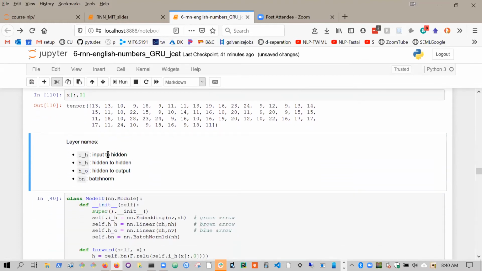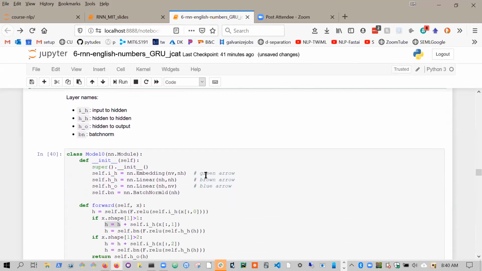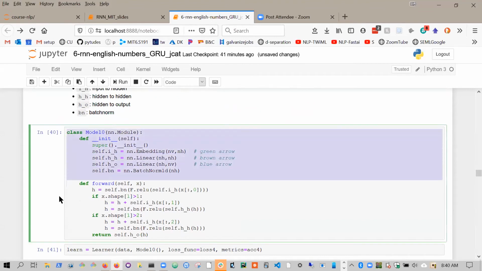Okay, so now here are the conventions that they use when they build this network. IH is input to hidden, input meaning the data, this thing. HH is hidden to hidden. HO is hidden to output. BN is for batch norm. So now we're going to build a class for a neural network, and the first one is just going to be the simple network model 0. It inherits from nn.Module, so we can use the methods from the module. We initialize it. Super init says initialize the module class, and then